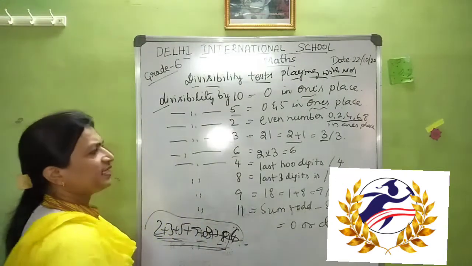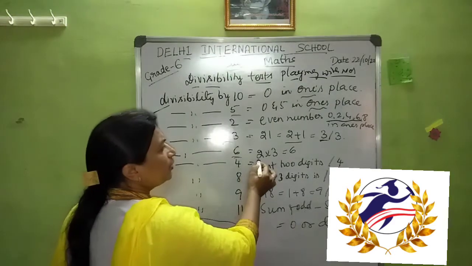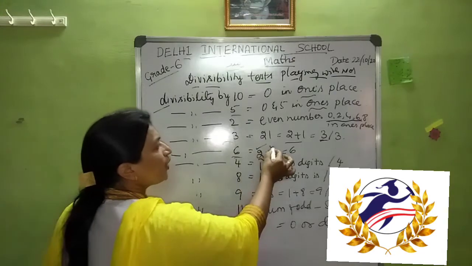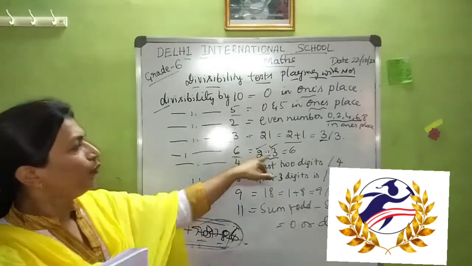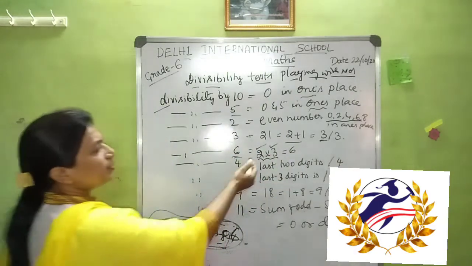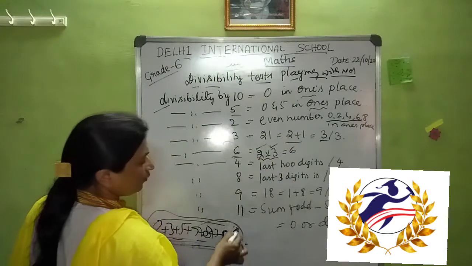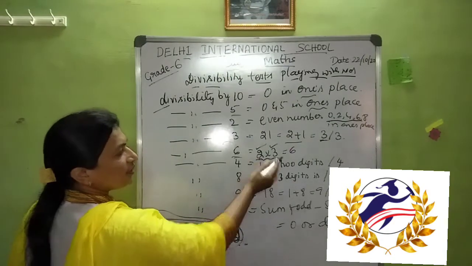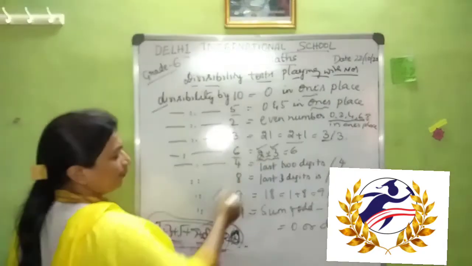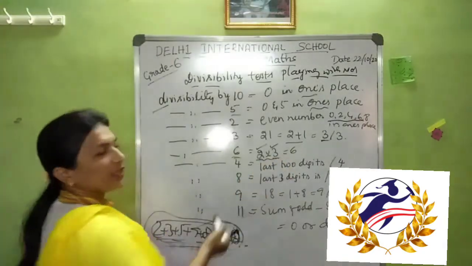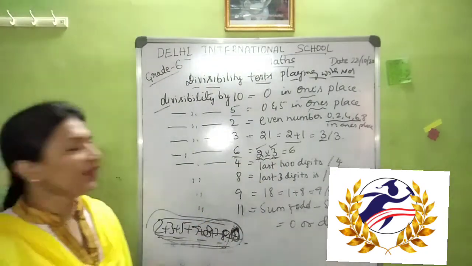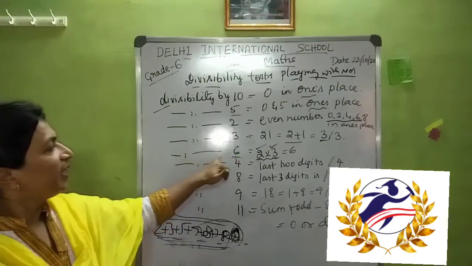In the same way, divisibility by 6. When a big number is given, we have to check that 2 threes are 6. That's why the number should be divisible by 2 and also by 3. If it is divisible by both these numbers, then it is definitely divisible by 6. For that we can use these rules. If there is an even number in the ones place, then it is divisible by 2. If all the digits are added and the sum is divisible by 3, then it is divisible by 3. If both hold, then it is definitely divisible by 6. So like that, divisibility by 6 goes.